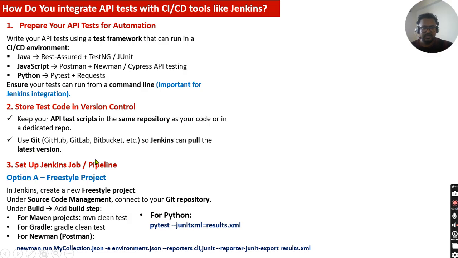Okay, then after that, set up a Jenkins job. You need to set up a job, or you can create a pipeline. So how can you do it? There are two options in Jenkins. Option one is the freestyle project. You can create a freestyle project job where, under the source control management tab, there will be